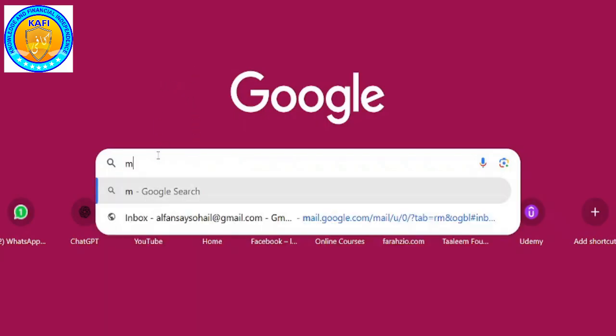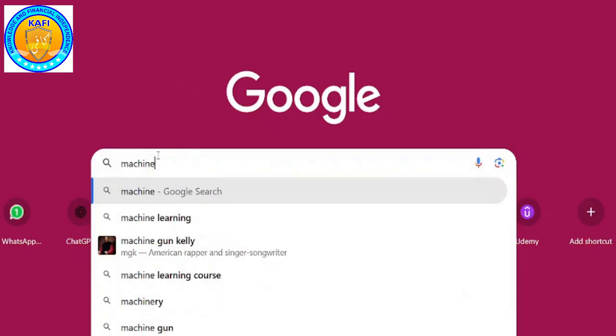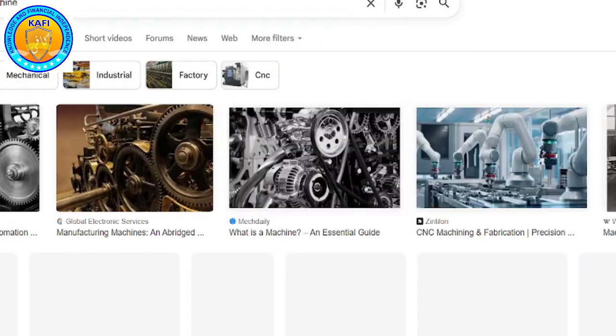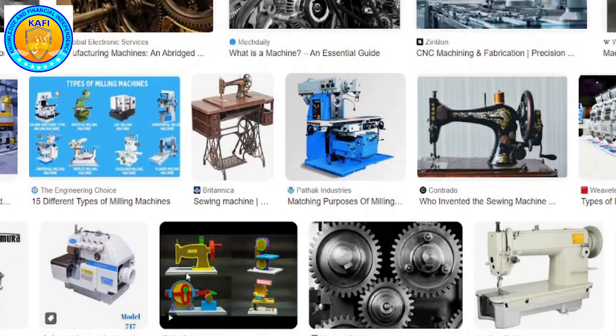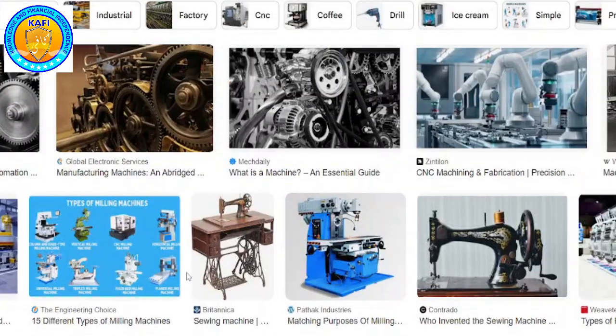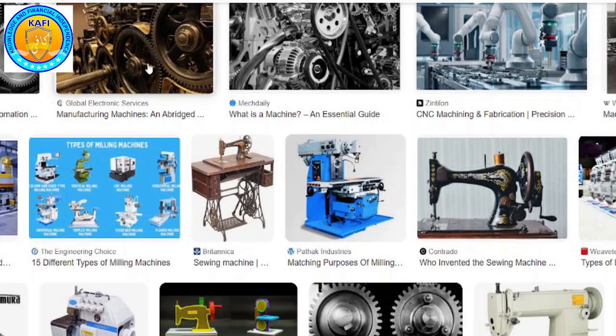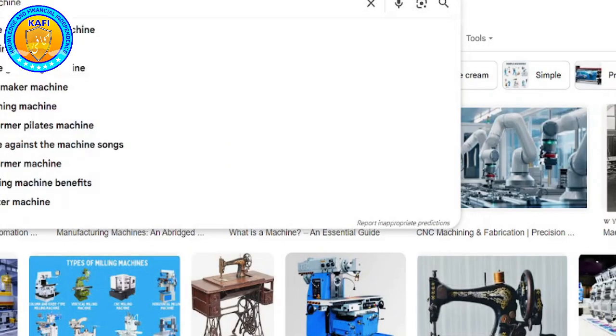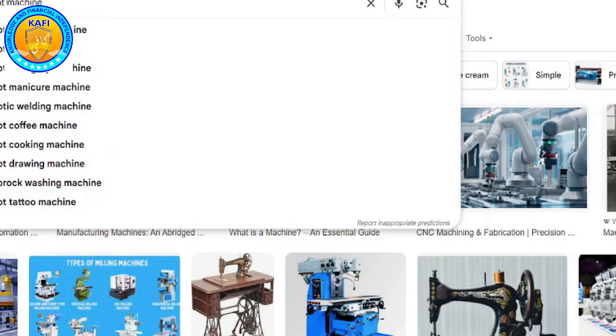Okay, machine. I am just going to look at a machine. You see, these are all machines here. What machine is this? Stitching machine. Can you see my arrow? Okay. So if I am writing here, robot, machine,